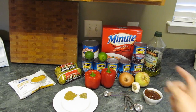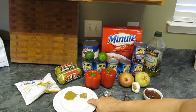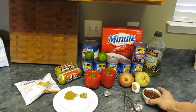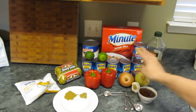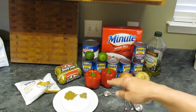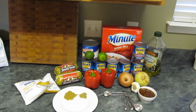What I've got is a whole bag of corn here, 2 teaspoons of ground cumin, 1 teaspoon of dried oregano, 2 red bell peppers, 2 onions. I'm probably going to use about 7 or 8 cloves of garlic. This is a chipotle chili in adobo sauce, and then I've got 6 cans of black beans, about 49 ounces of Swanson chicken stock, 2 pounds of Jimmy Dean hot premium pork sausage, 2 limes,